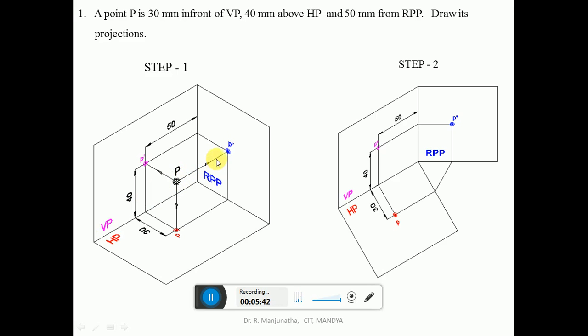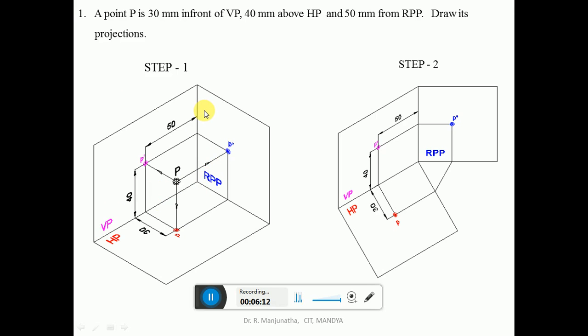So this will be the point. Now we have come to a stage wherein we will be able to view the object in the vertical plane by looking from the front view, and to view the object in the horizontal plane we have to look from the top view. To view the image on the right profile plane we have to view from the left side view. So these conditions are satisfied.